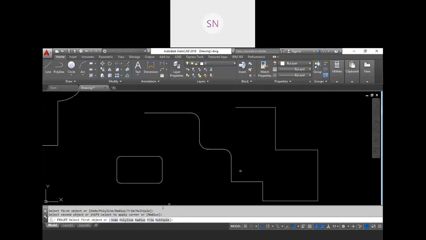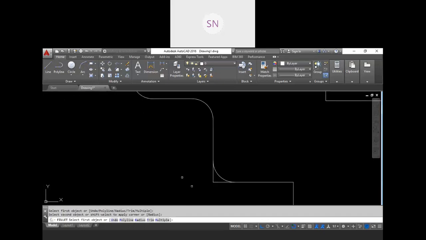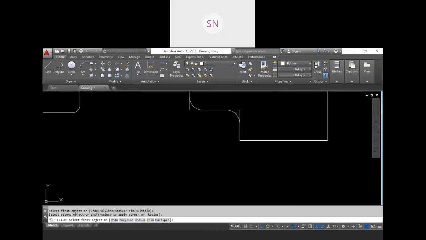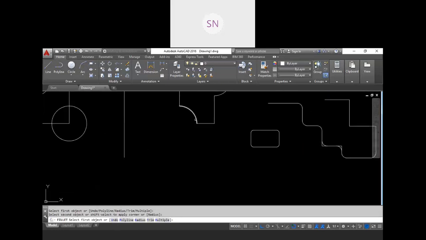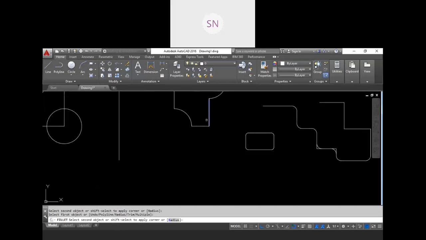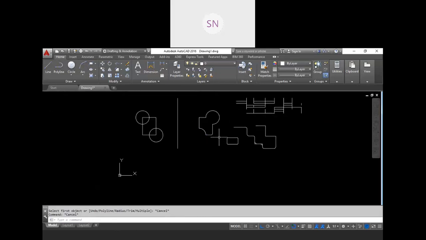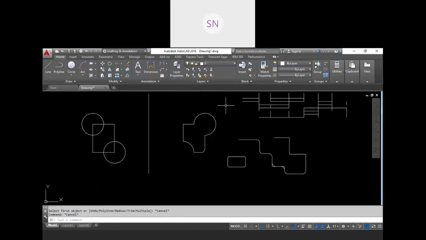So this is fillet. If you click on the trim and choose no trim, then your corner is not going to trim, right? It will be as it is. And if you want to trim your corner, then go to the trim again and turn on trim. So your corner will be trimmed. So these are the options we have in chamfer and fillet, right? So these are our modification tools. I hope it is clear now.